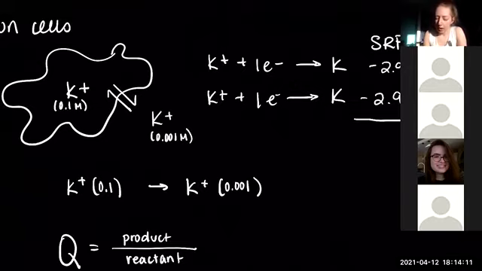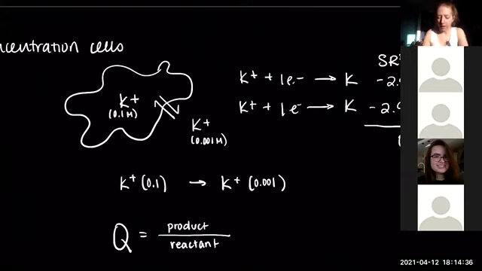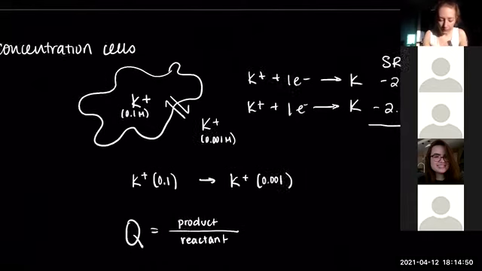Another thing to talk about here, and this is really important also for calculating, is what the standard cell potential is. In this case, the standard cell potential should always be calculated with the difference, right? The difference between half reactions. And here I don't see any difference. Don't worry about adding or subtracting. Don't get too confused. The answer is 0 here. So that is the standard cell potential, and that's a characteristic of all concentration cells that you really should remember. But you can also see that there's no difference in this. Therefore, the only way that this cell can be run is through that difference in concentration,